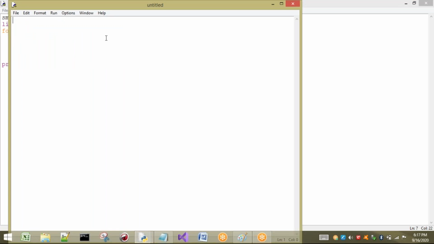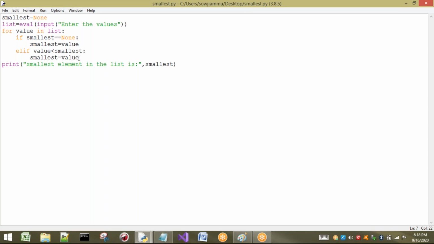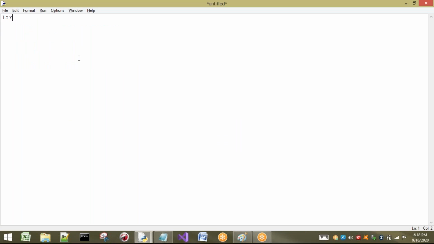Now the same type of program I will write in a different way. Anyway, we have found the smallest number. Now I want to find the largest of the given numbers. So here, what I had taken is none. Here I will take some other value, like I can also take largest equal to -1, for example. That means you can take any value, but when you compare, you have to compare with this value. If I take none also, no problem. But here I am taking largest equal to -1.